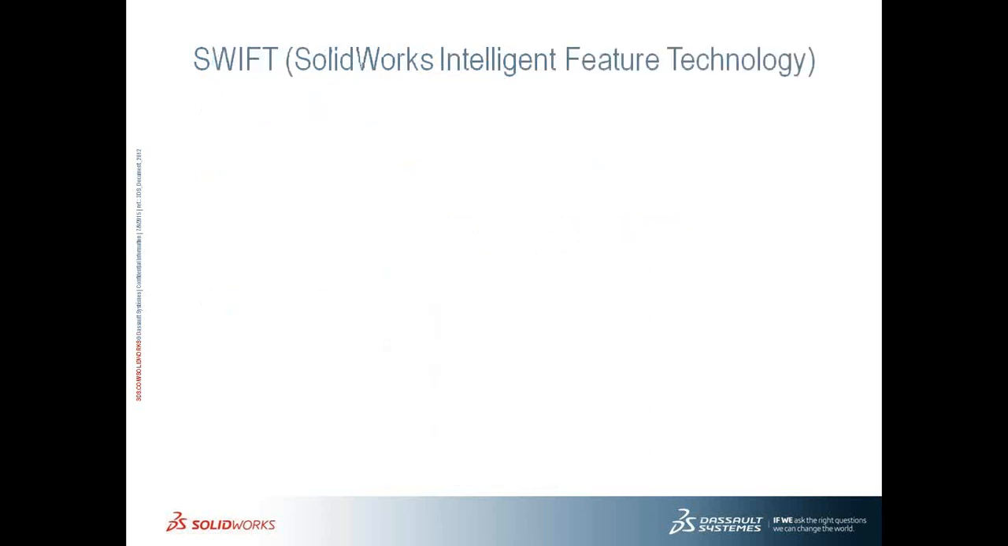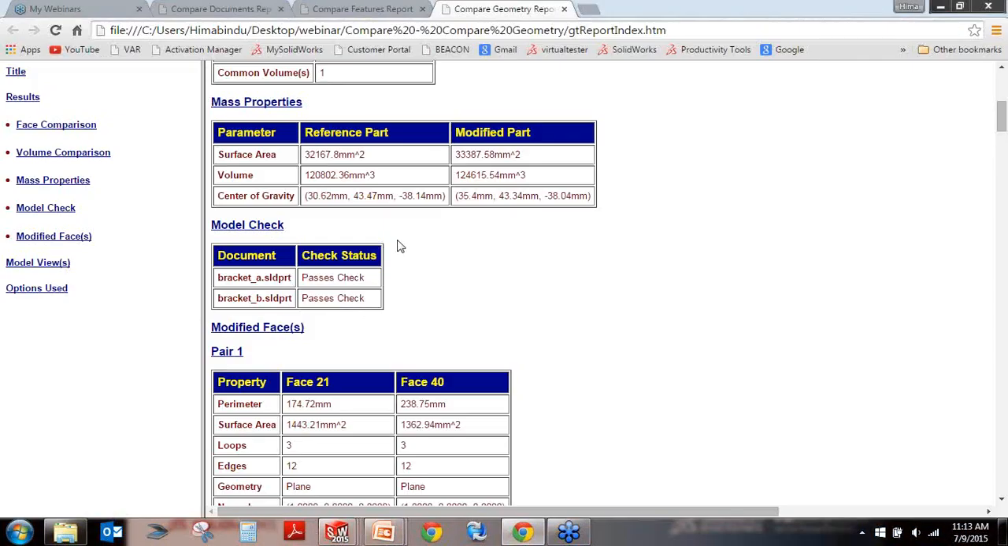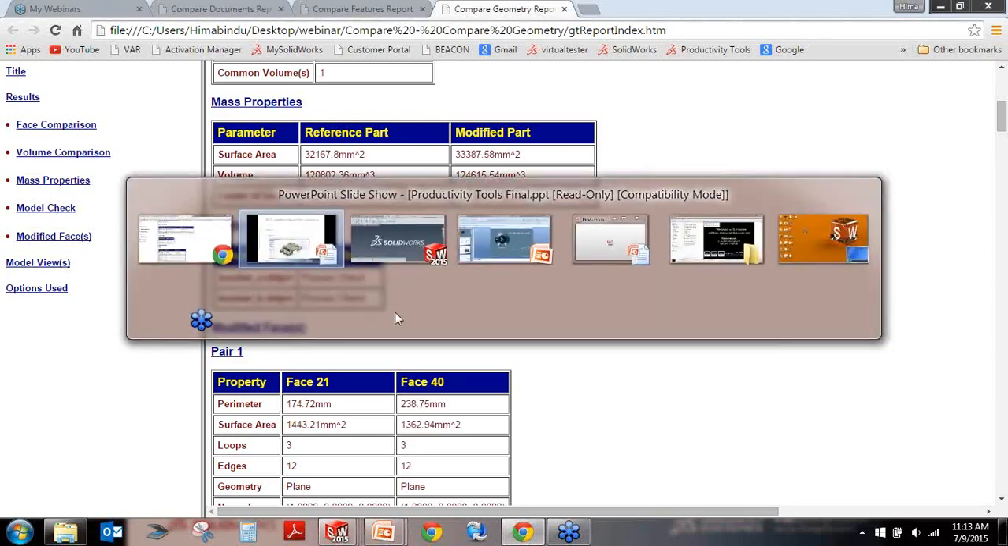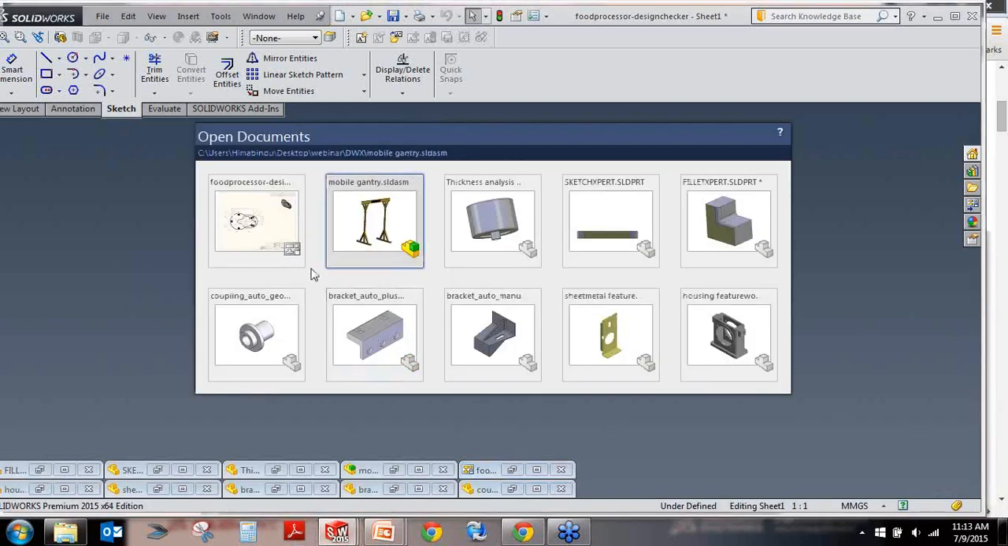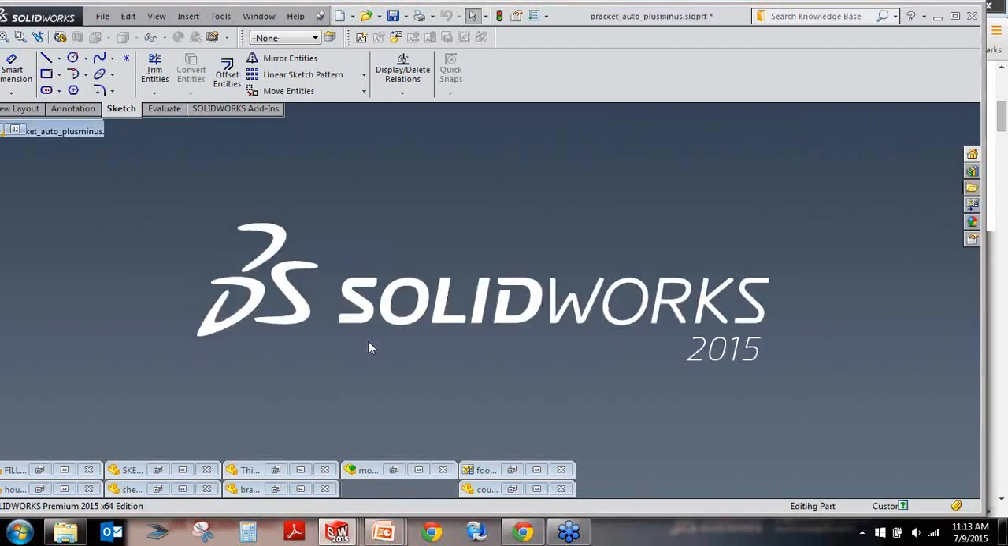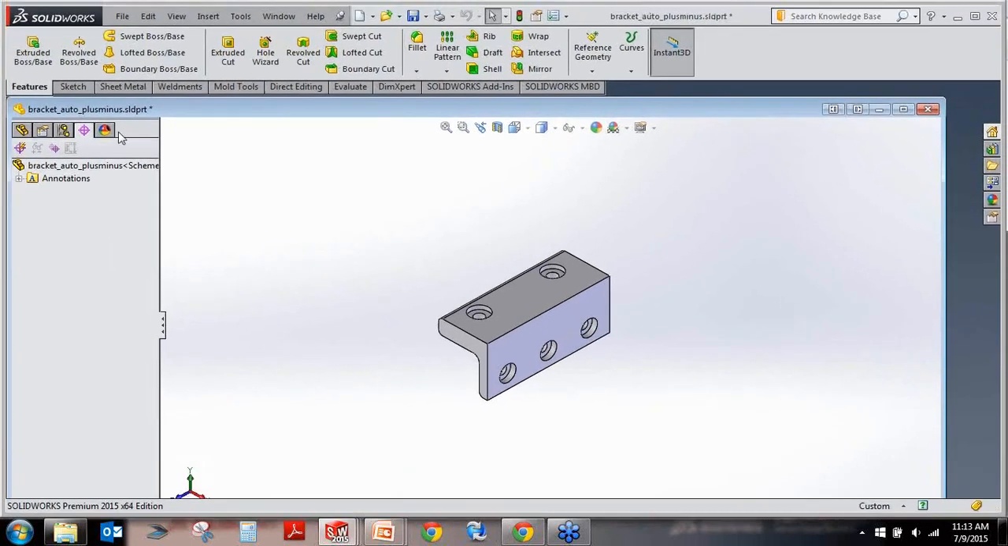So now if we look into SWIFT, which is SolidWorks Intelligent Feature Technology, I will look into the Dimension Expert, Fillet Expert, and Sketch Expert. So let me demonstrate the same. So let's look into this bracket here, and what happens is in our feature manager tree, we could go to